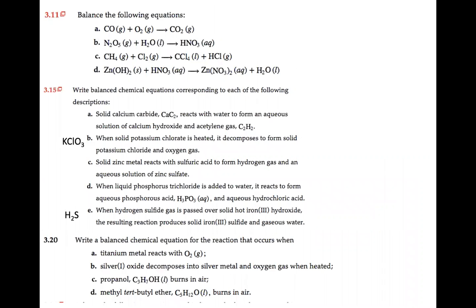I give some example problems or end of chapter problems as far as balancing chemical equations using word descriptions. For a couple of these, like in 315b, it says potassium chlorate, that's the formula for it. Hydrogen sulfide gas, that's the formula for it. So as far as balancing equations and using from a word description, here's some end of chapter ones that I think are right on the mark if you want to practice it.